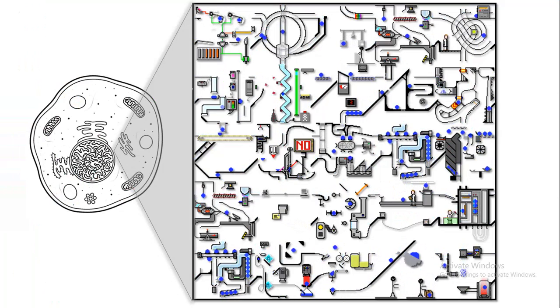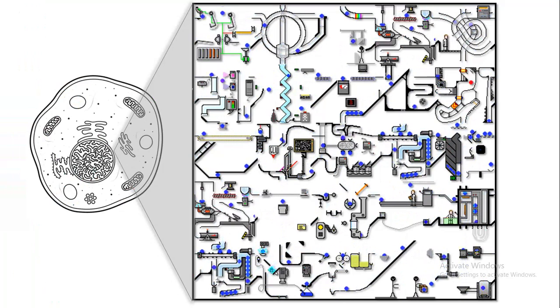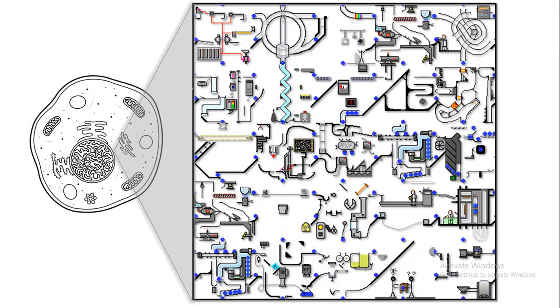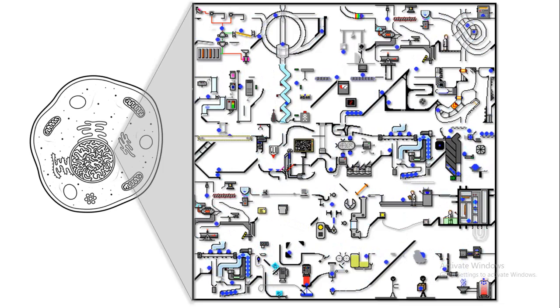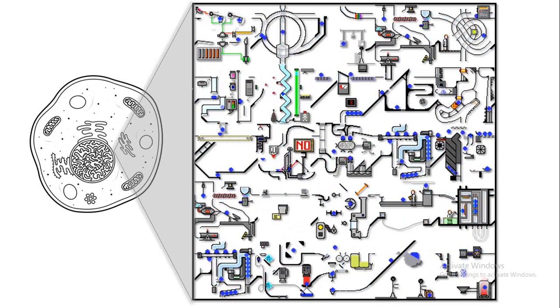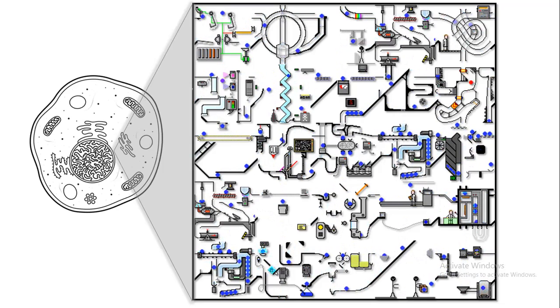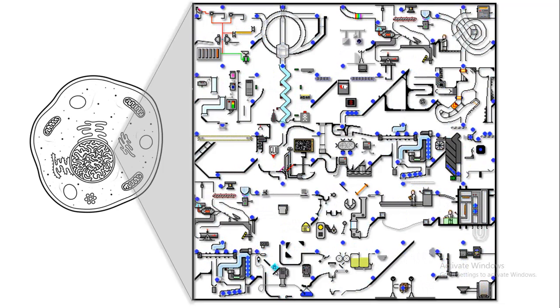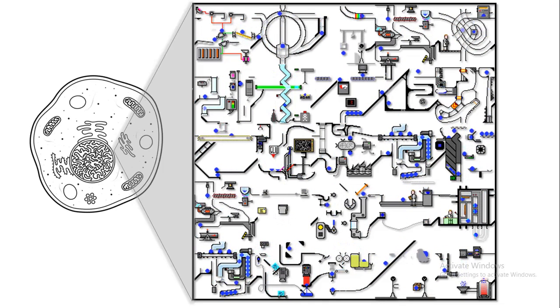It is as if the cell is a huge factory where several downstream molecules are the workers of a big factory, working in synchrony and communicating with each other, giving rise to complex cellular processes. That's why learning about cell signaling and how it can affect human physiology is a very important aspect.